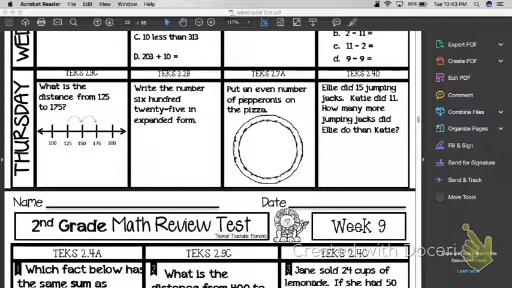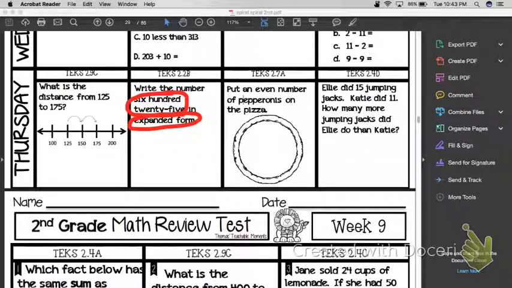Let's go to the next one. It says, write the number 625 in expanded form. All right. Before we do that, I want you to put your number 625 inside of a place value house, or write it in standard form. So I'm going to write the number 625 in